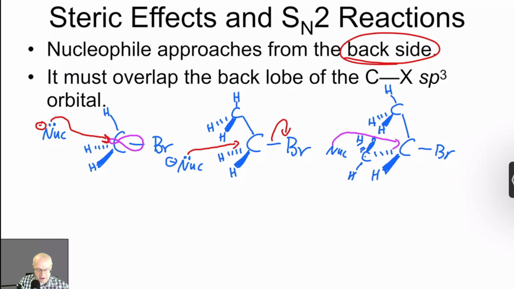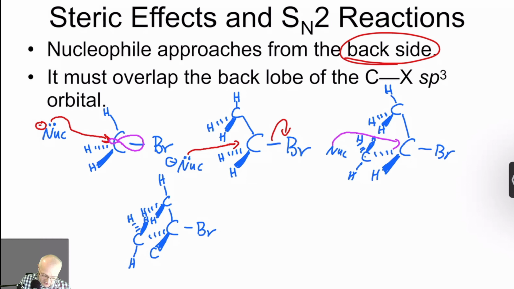So now let's draw the tertiary halide, the one that doesn't work, and let's see how bulky it can get back there. I think everyone's kind of seeing where I'm going with this. So there's the bromine. Oops, not hydrogen. As you can see, it's even hard to find room to draw anything. It's just bulky, bulky, bulky. And I had to even switch to red so I can at least see a little bit of things going on here. So now from here, you can see if the nucleophile tries to get in there,